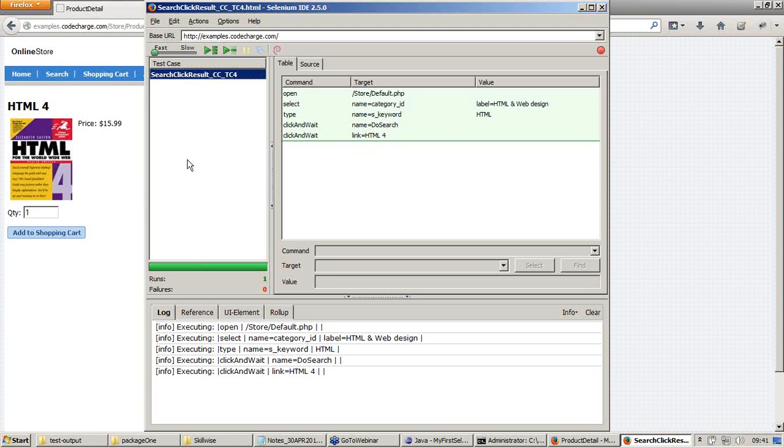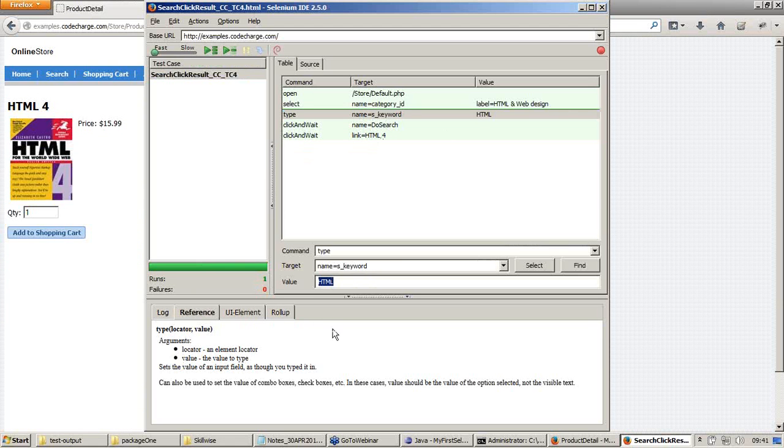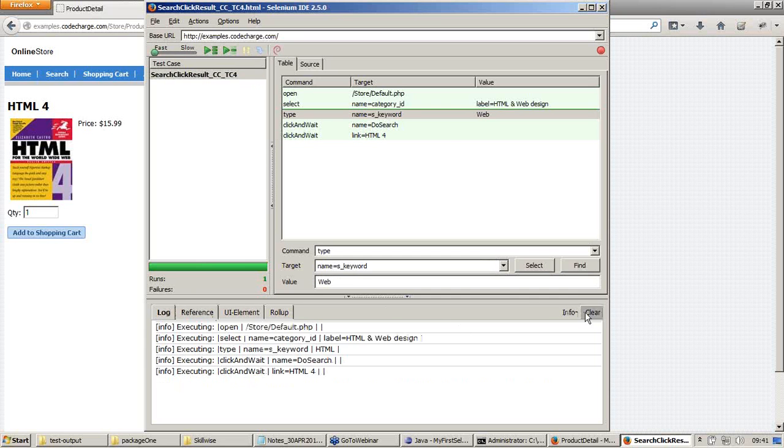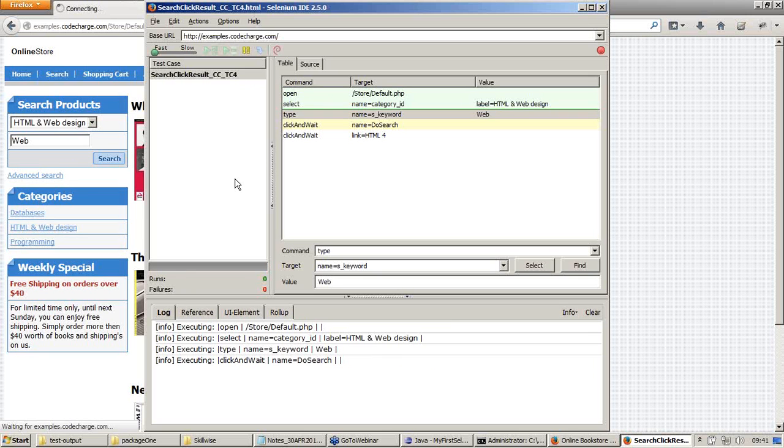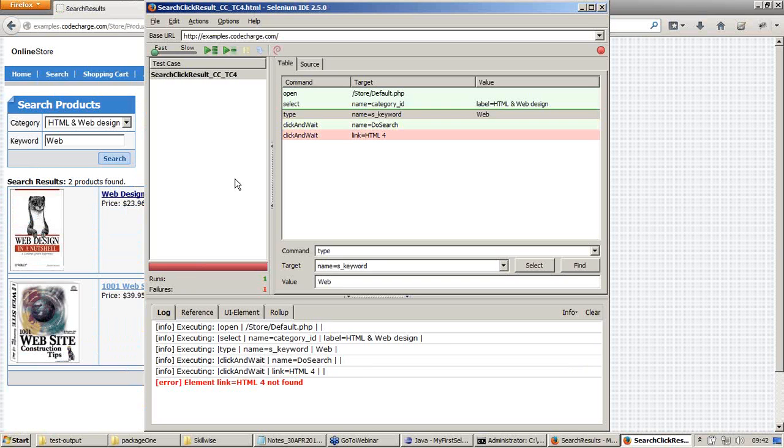Good. Now I am going to change my HTML to web. I am going to clear my logs and execute. Will this work? Can anybody answer my question? Will this work without any errors? It will not work. As you can see this error, it will not work, and it displays an error called